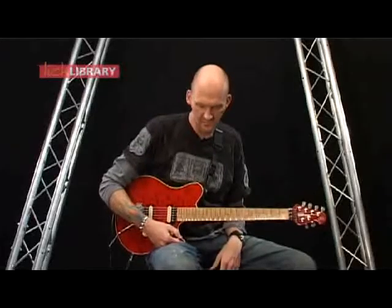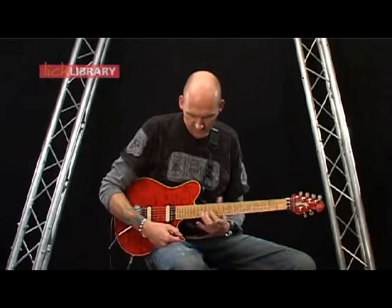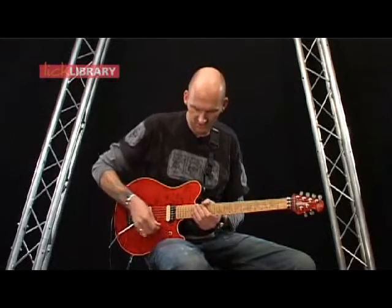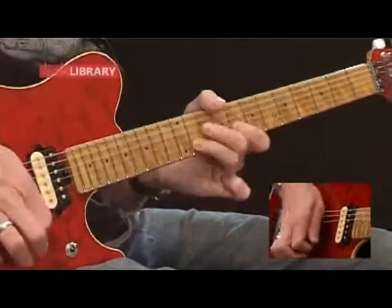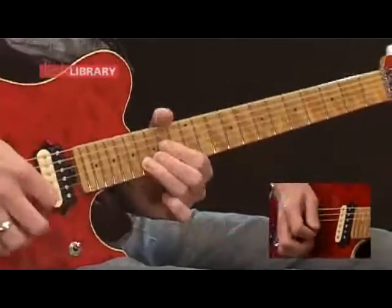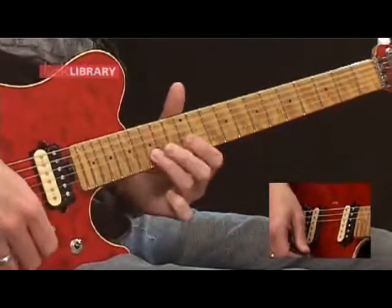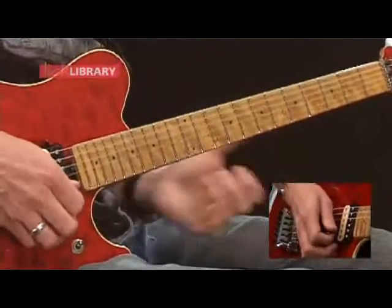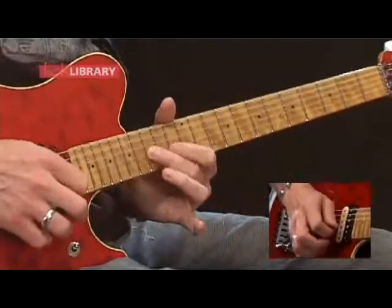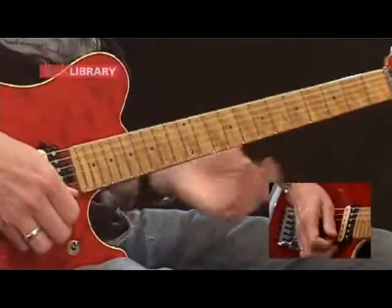Okay, now we have a very cool lick which uses some string skipping and a lot of position shifts. I'll play it for you first of all. Start off on the 16th fret of the B, slide into 15 on the B, pull off to 13, 15 on the G, 15 on the top E,